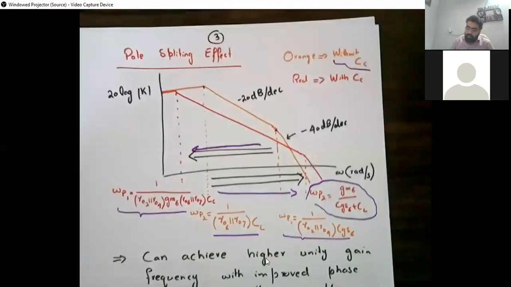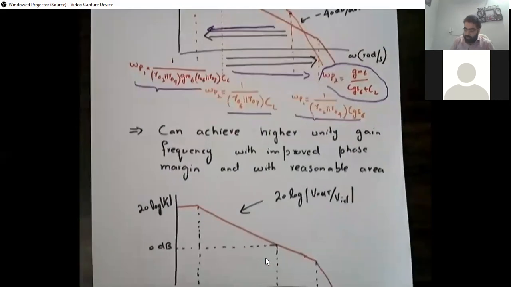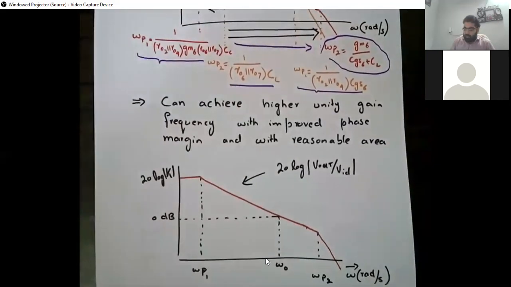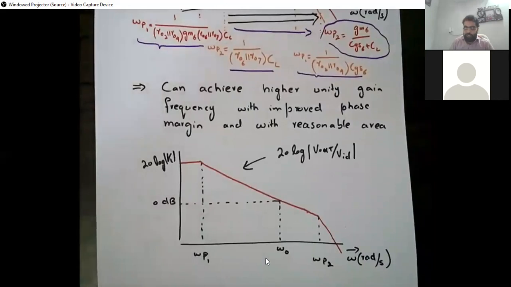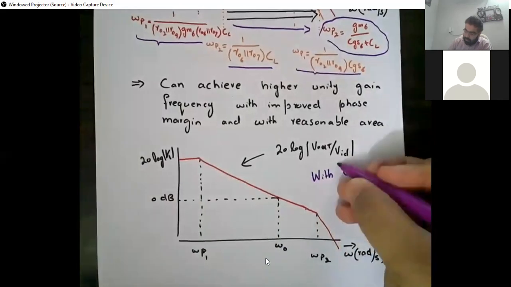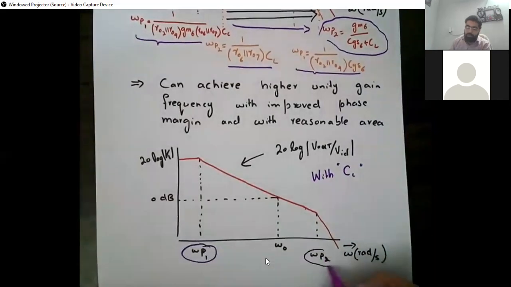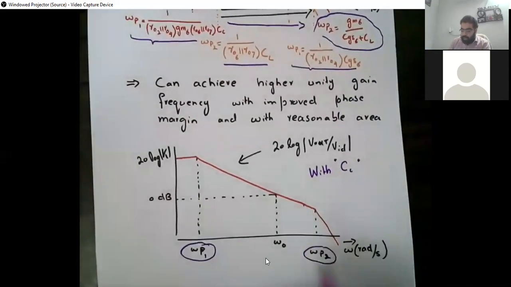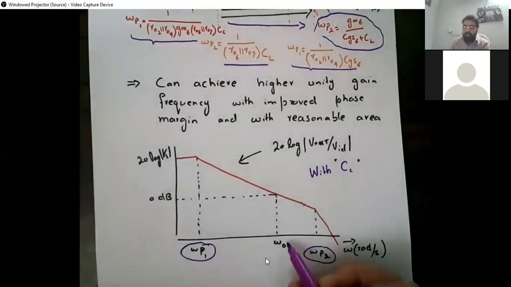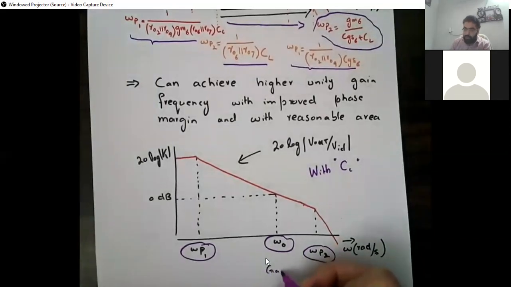So what is the benefit of doing this? One thing we saw is one loss, that the bandwidth reduced, but in reality the phase margin should improve. Okay, and how will the phase margin improve? Let's see a little bit again this updated curve with a compensation capacitor. So this is basically with CC. So with CC, omega P1 is the dominant pole deciding the bandwidth. Omega P2 is the parasitic pole, and for the phase margin, as you recall, we see the point of gain crossover frequency or unity frequency. So this is the gain crossover frequency.